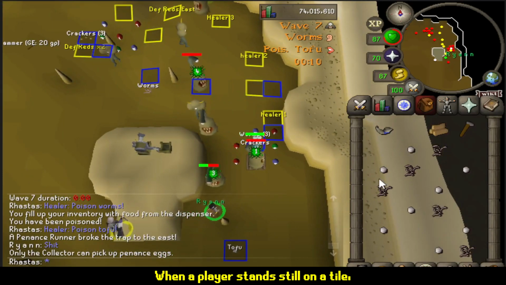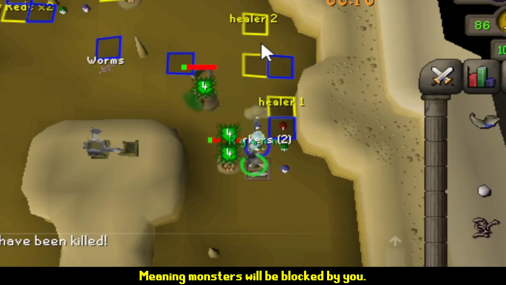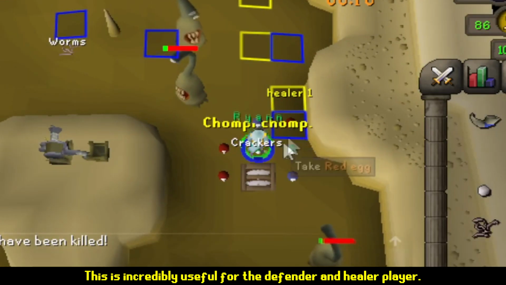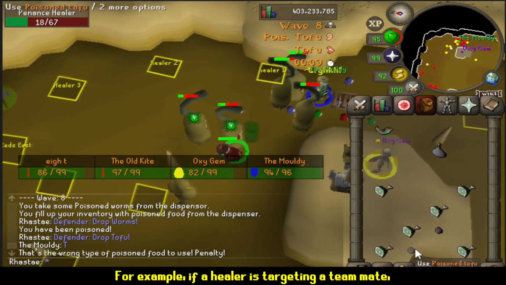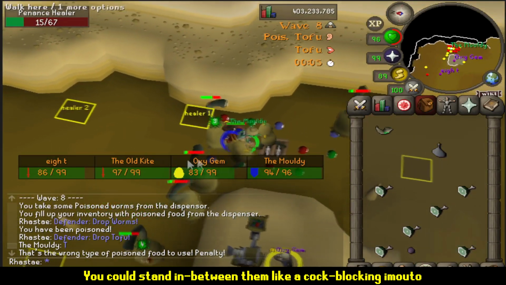When a player stands still on a tile, that tile becomes solid, meaning monsters will be blocked by you. This is incredibly useful for the defender and healer player. For example, if a healer is targeting a teammate, you could stand in between them like a clock blocking emote